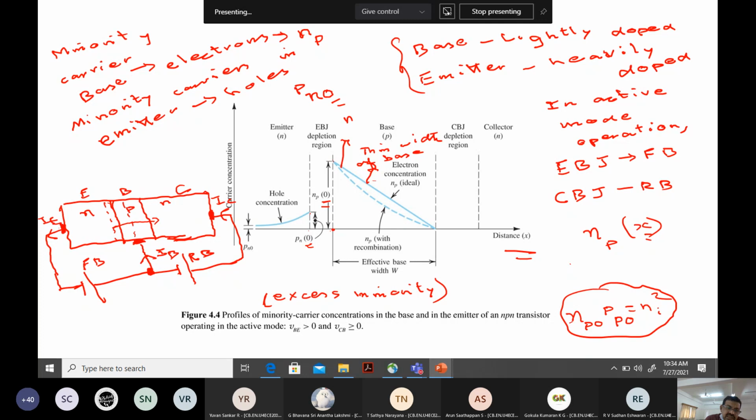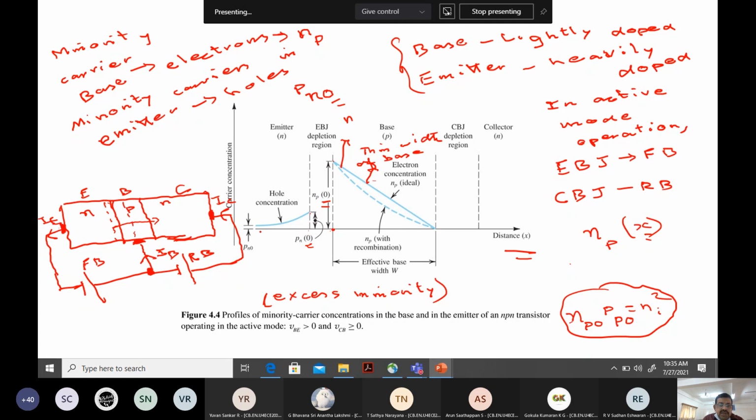So please note down the slope of the concentration profile of minority carrier concentration at EBJ is slightly higher than the slope at the CBJ. Okay, as the number of holes lost in the base region is smaller compared to emitter region. So you have to understand this. With this, you will see that these slopes are different, and again these profiles are different. Okay, and the height you can clearly see.